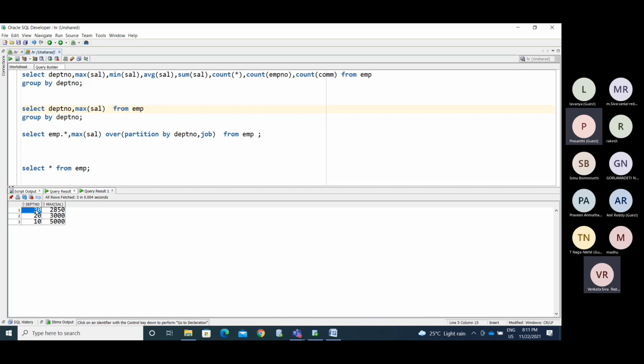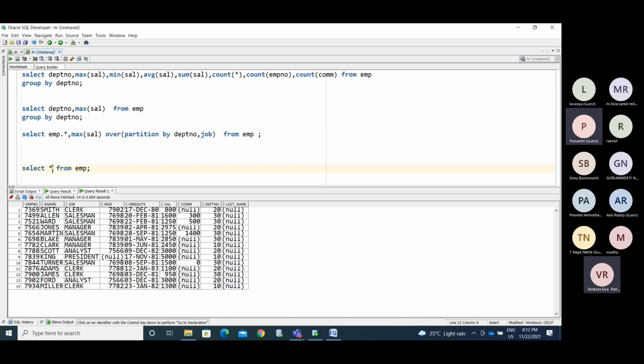Now I need to generate a month-wise report. See, we can get the report like we have the hire date column here. Okay, now I need to... 81, 82, 83, we have 80. We have year wise, we can report the report now. Now I want to know how many people have joined year wise.